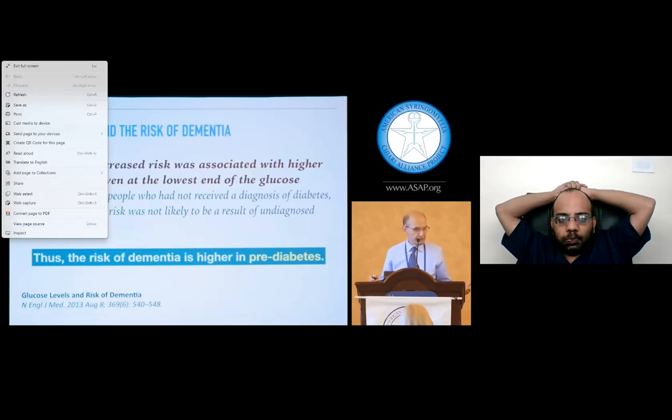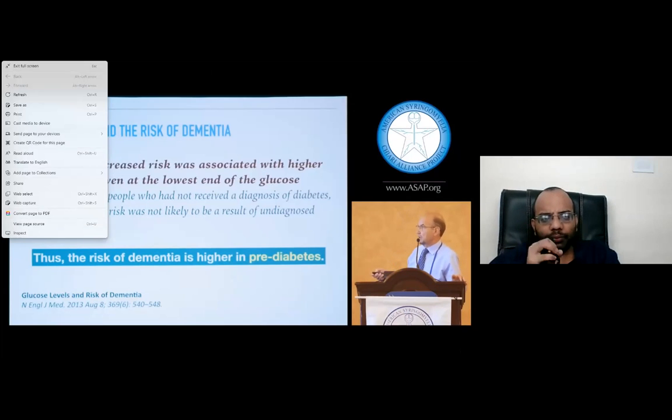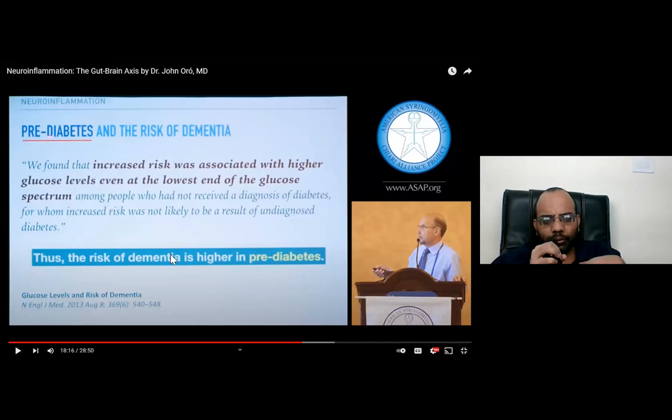Now, we test for prediabetes in our neurosurgical clinic, and some people ask me, well, why are you looking for diabetes? Okay, I think it's a responsibility of all physicians, because diabetes, I'll show you later on, is an epidemic. It's a responsibility of all physicians to do some of these basic tests, because they're not being done routinely in the primary care setting. Carry on, please.